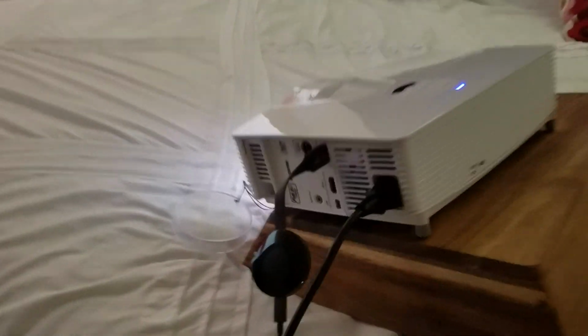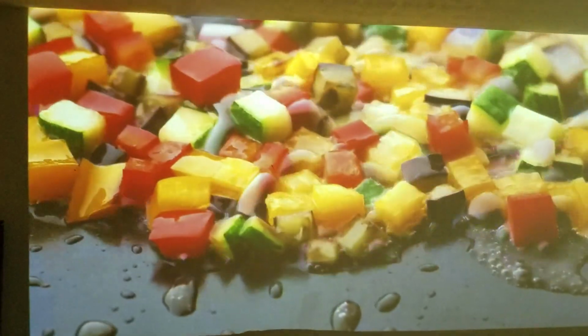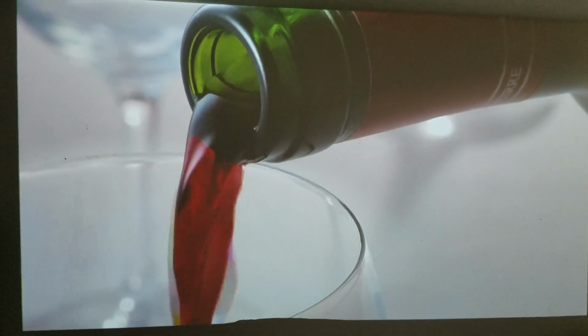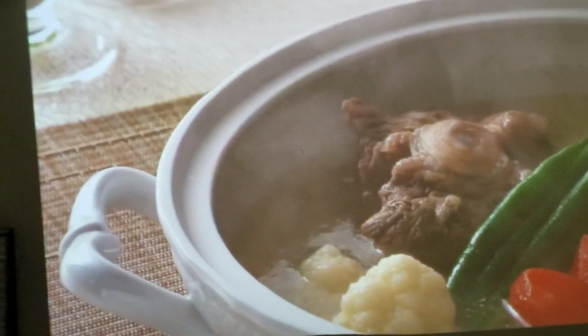This is the GT1080 Optoma. There's a Chromecast plugged into it. We're going to compare it with Chromecast. We're going to put this 4K video, the same video, and compare the colors. I notice there's a little bit of light coming from up here, as you can see from the top part, not on the sides. This is not a completely dark room, but almost a dark room. Here, if I turn on the light,